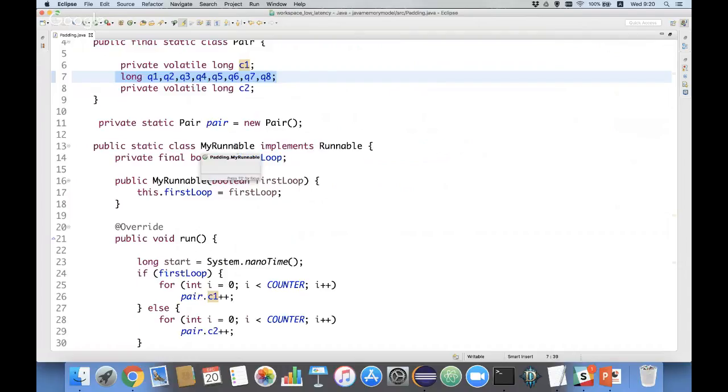But still it doesn't explain. It's not like we have two threads working on the same counter. That would make a lot of sense, stopping one to update it. But we have two threads working on two different counters. However, it is just like working with the hard disk. Let's say that we want to update or read a single byte from the hard disk. Do we take the single byte from the hard disk and bring it into memory and then perform some manipulation on top of that? No. When we access the hard drive, we get a sector, we get a block, because that's the way it is implemented. And the same goes for caches